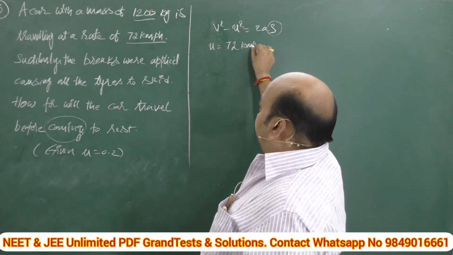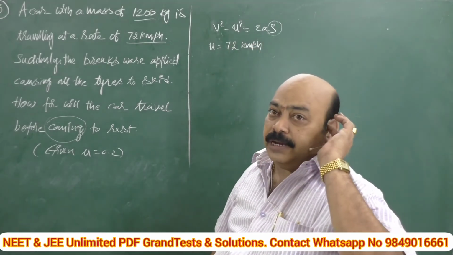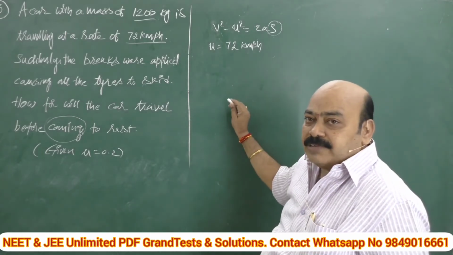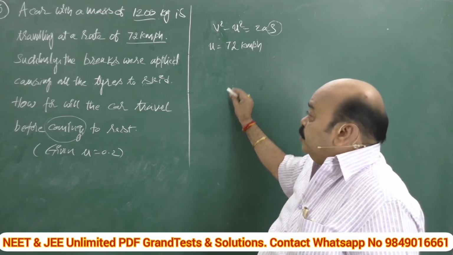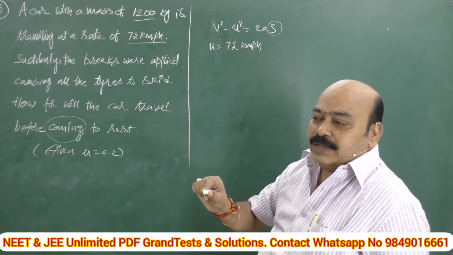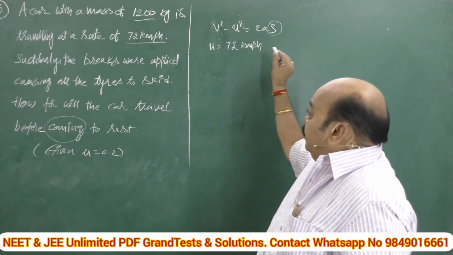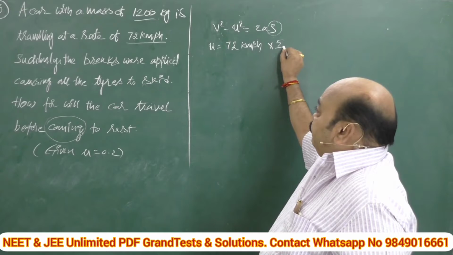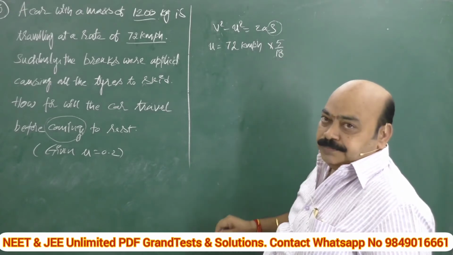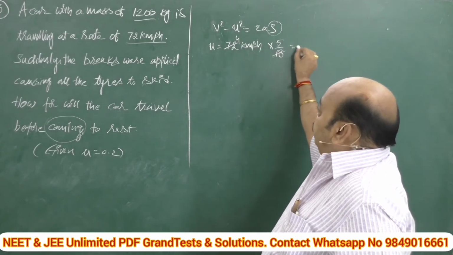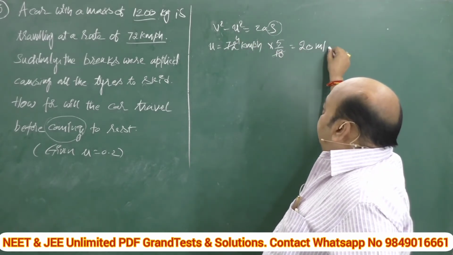Be careful, I already explained while doing problems in kinematics, kilometer per hour is not an SI unit. So if you are in a hurry and simply substitute 72, you won't find the options here. You have to convert this into the SI system by multiplying with 5 by 18. Then clearly 18 and 4 get cancelled, 4 into 5 goes to 20 meter per second.